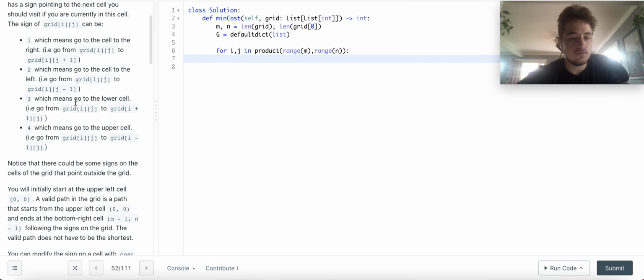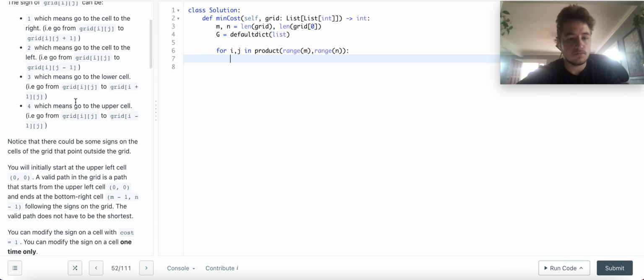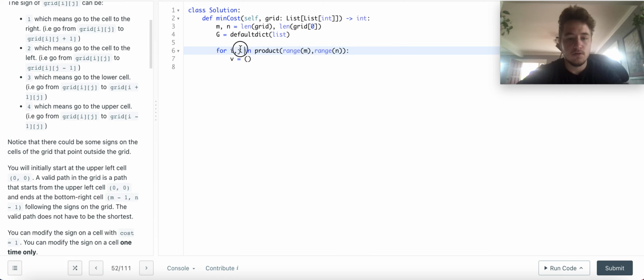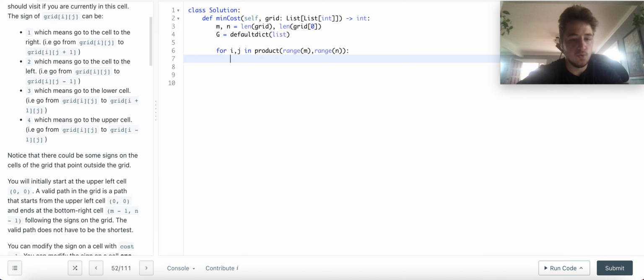So I'm trying to think about how I'm going to do this easily. Okay, so G, so our vertice right now, or let's just do this. So that's your vertice V. No, i, j, V equals i, j. We don't need to do that. What am I doing? Okay, so if